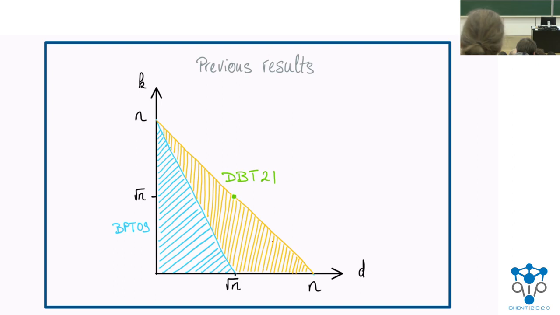So as I mentioned before, this question had garnered some interest before. The most noteworthy result is the BPC paper from 2009, where they show that if you have a local stabilizer code, so you have a stabilizer code and all the generators are local in 2D, the region in blue there is the space of codes that you might be able to find, the space of codes that exist. So this is K, this is D. You can observe a trade-off between K and D, right?